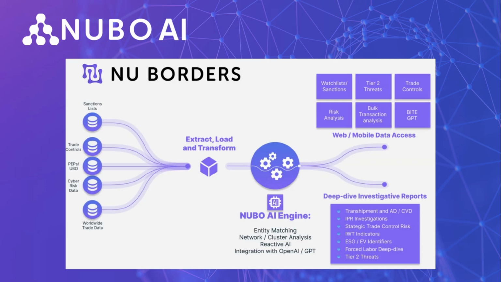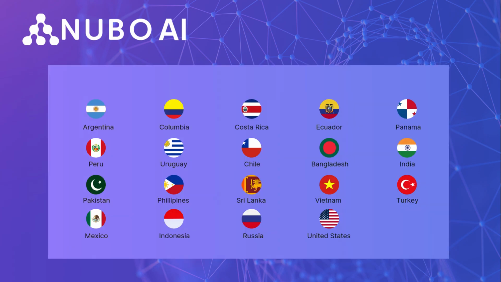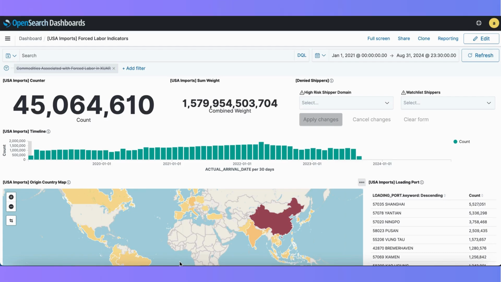We have country-level data enriched with forced labor indicators, including entities operating in XUAR, UFLPA entities. We also have HS codes and commodities flagged for potential forced labor risks, including DOL's list of commodities produced using forced and child labor. And third, we highlight transshipment routes through third countries, which are often used to obscure the true origin of goods. Jumping into the platform now, I have a dashboard open showing U.S.